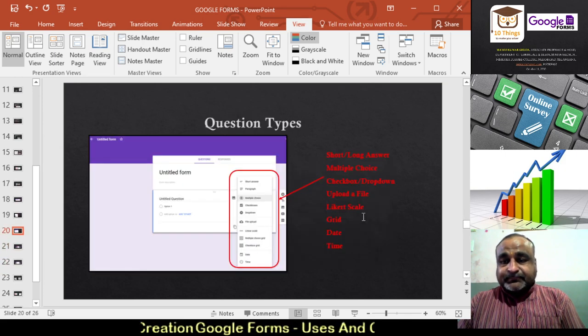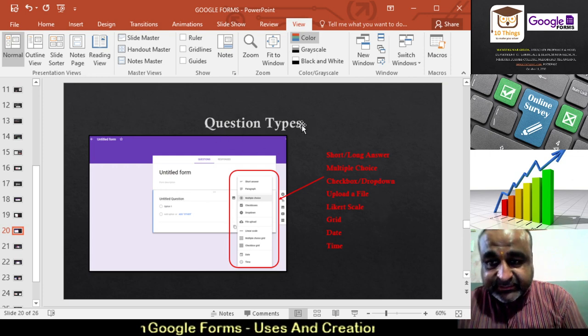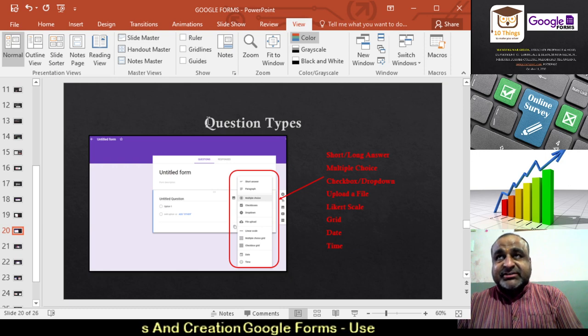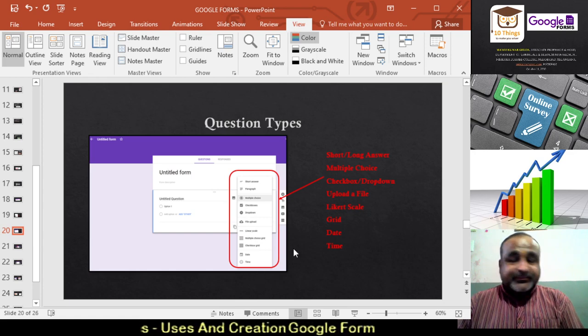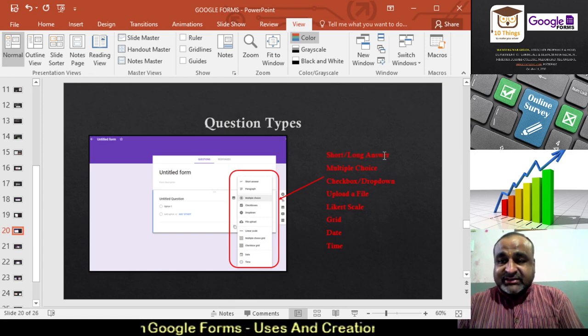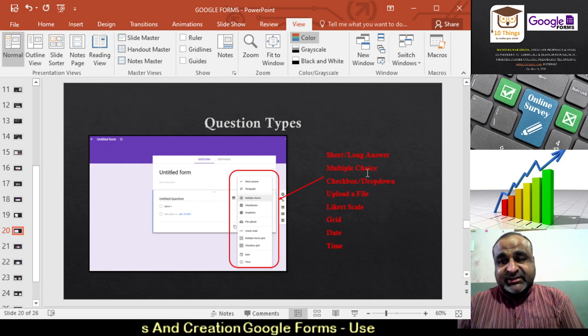Then you will be having here different types of questions available to us. So depending upon the nature of questions and the response you require, based on that you can select the different types of questions. We can go for short or long answers, multiple choice questions, checkbox or drop down, uploading a file.